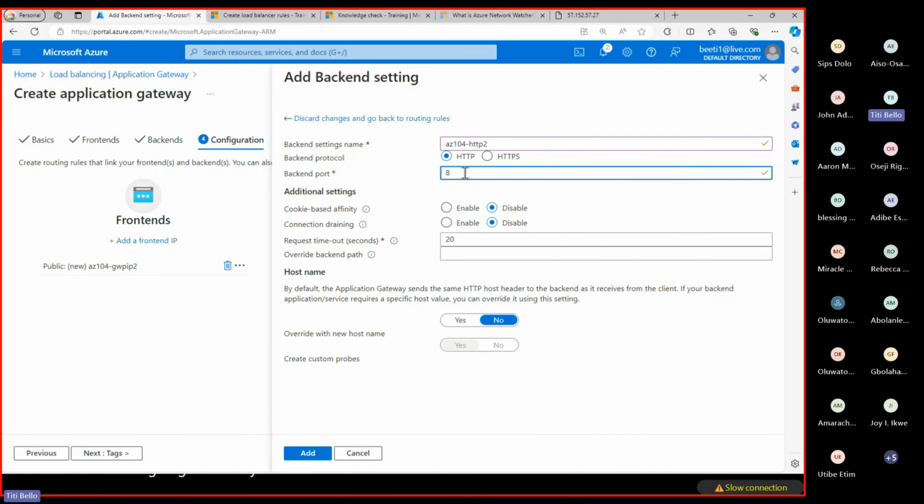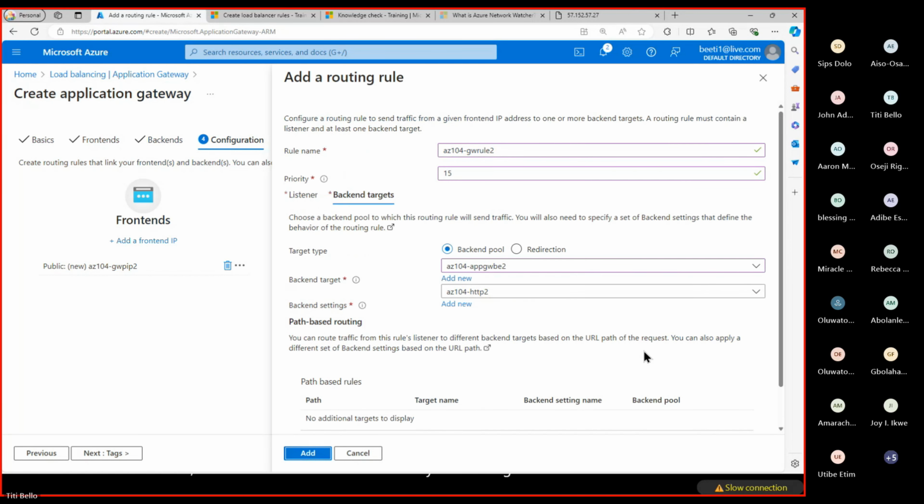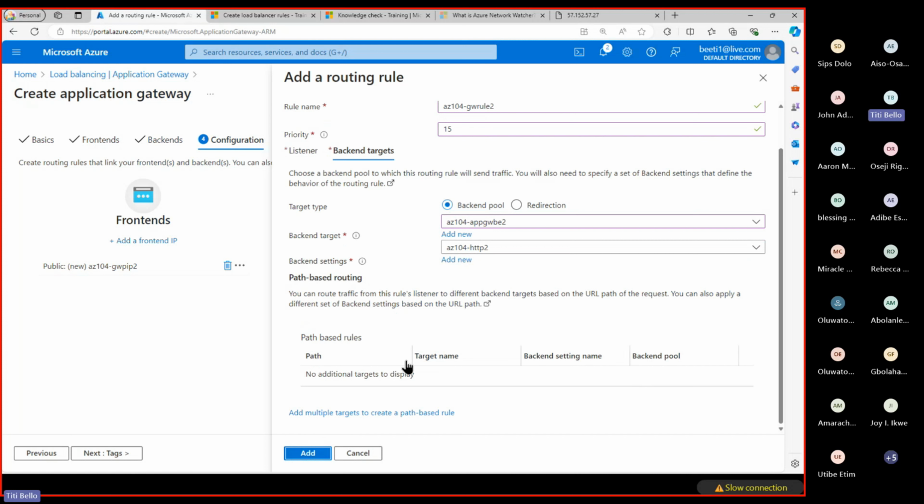Then we change the port number again. Leave this, don't bother about this. Leave every other thing as default, and then we click add. So once we have added,